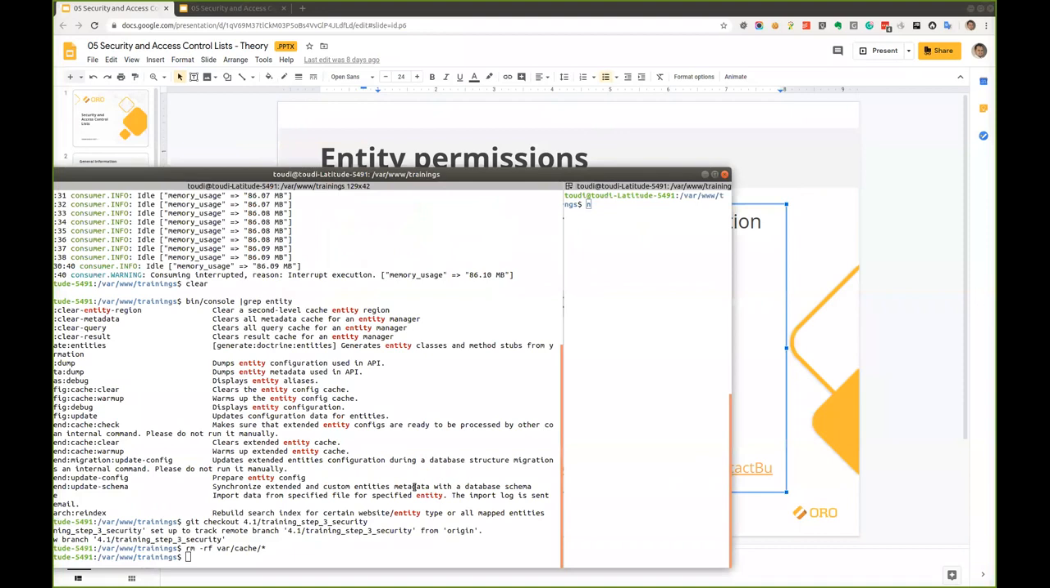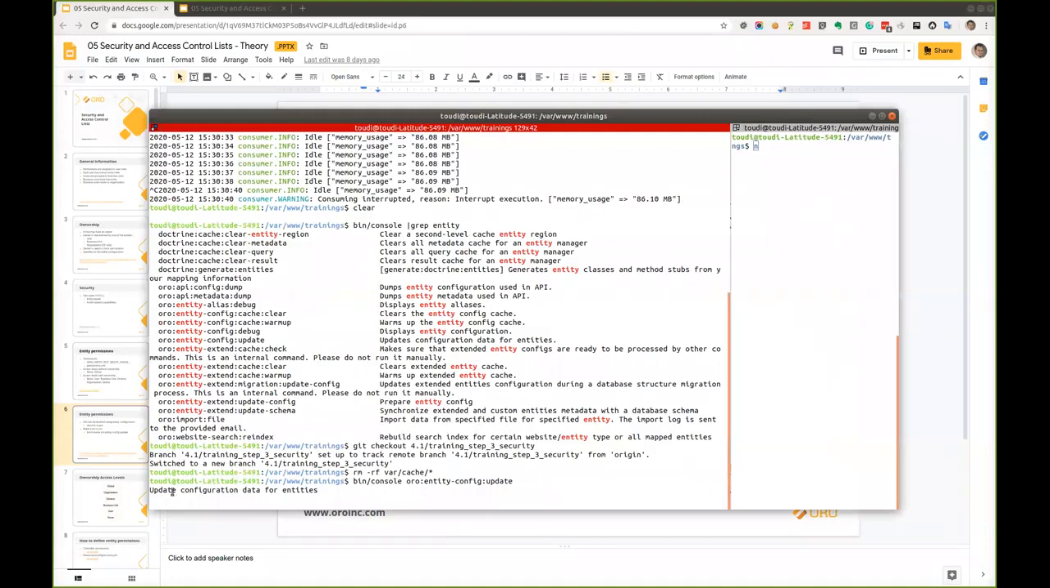Usually I would just run the Oro platform update. It will execute all those commands for me. Right now, I know there were no migrations. I just want to load the config update. Okay, it's done. And right now, if I go to the application,